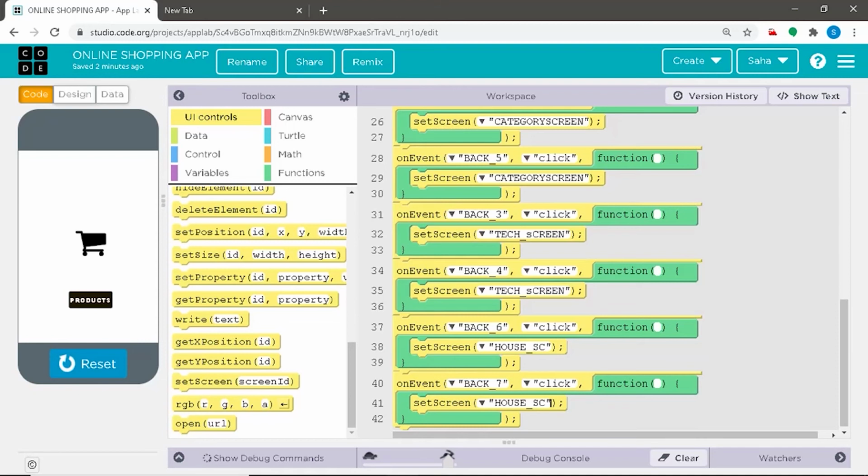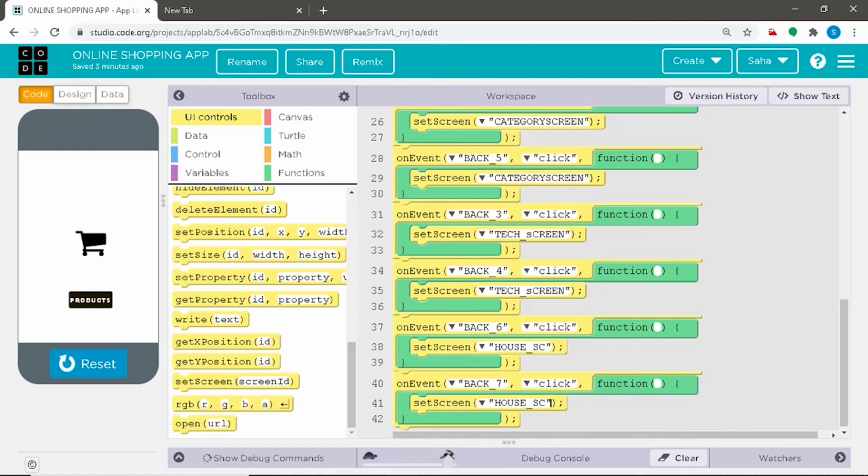Now back button 4 is on the laptop screen and back button 3 is on the camera screen, and on clicking either of them, we shall be redirected to the technology screen. And back button 6 is on the book screen and back button 7 is on the key screen, so on clicking either of them, we shall be redirected to the household screen. So now we have defined all our buttons which we have used in the design layout.